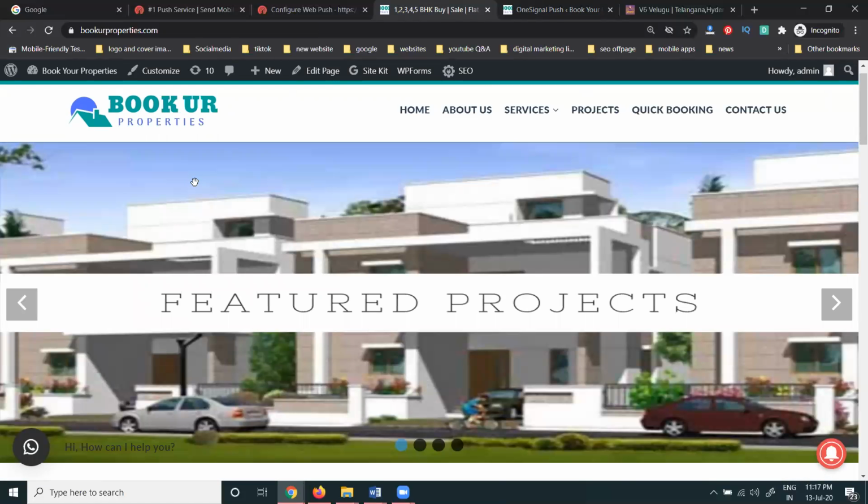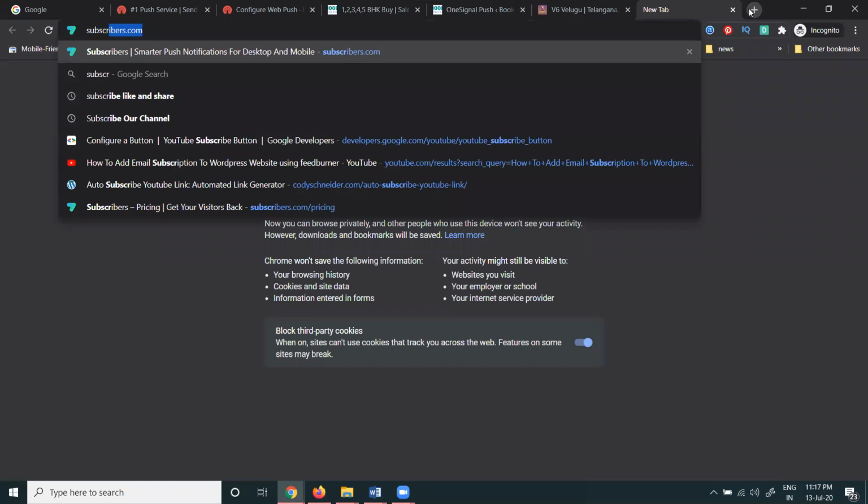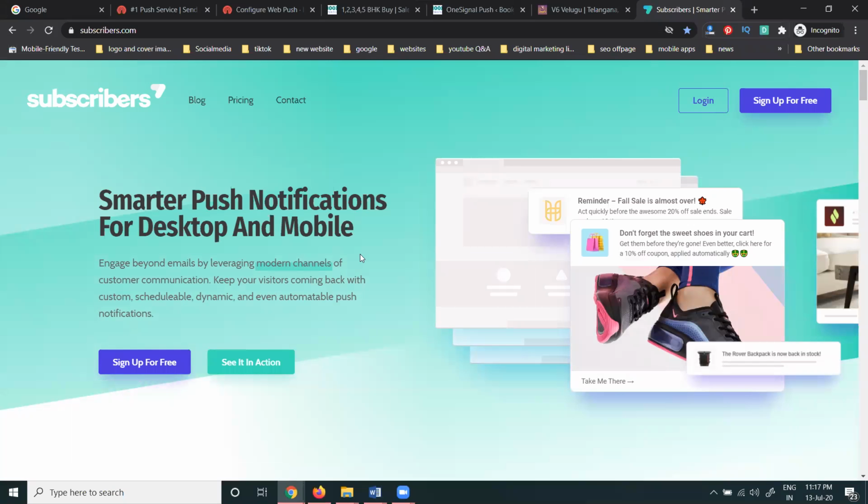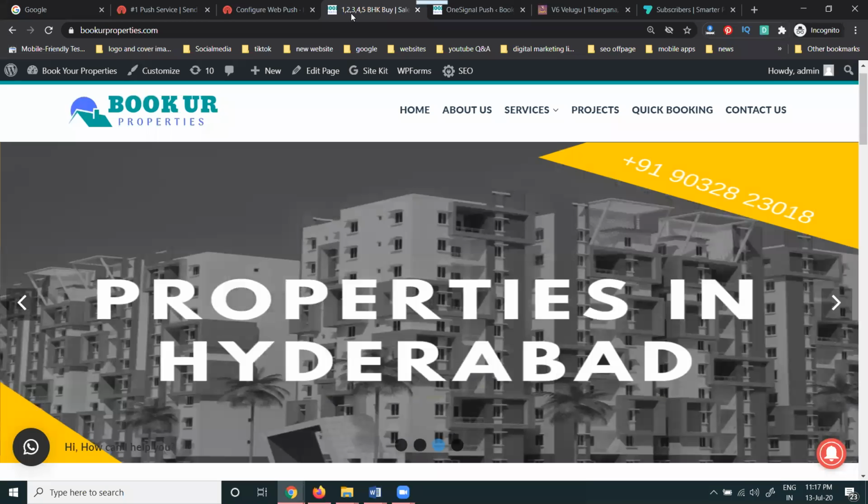Once this is activated, it will show in your process. And I will show the second website, called subscribers.com. This also we can set up the same way: just set up your website and apply the option. So this is how to enable push notifications on a WordPress website.